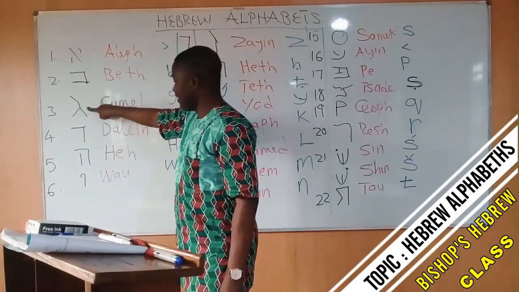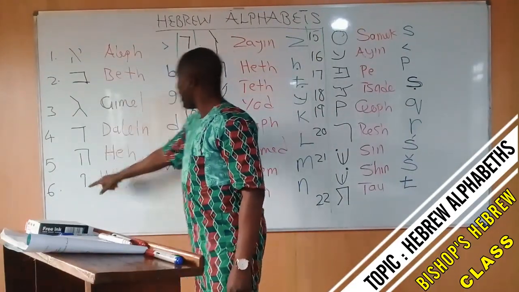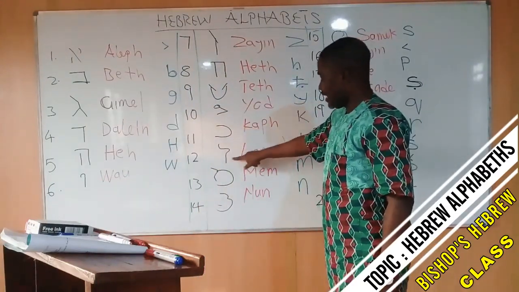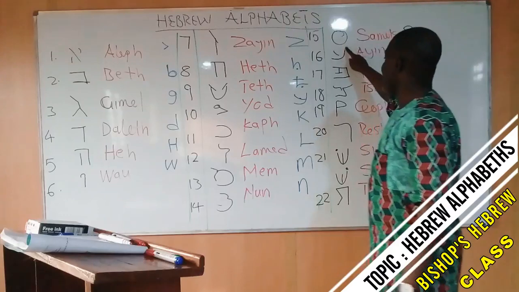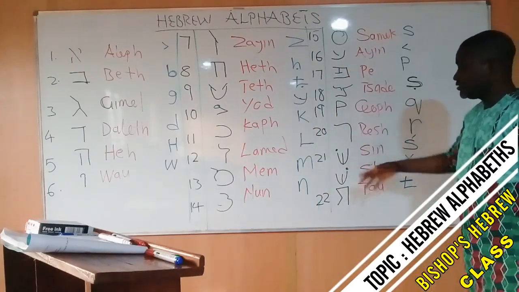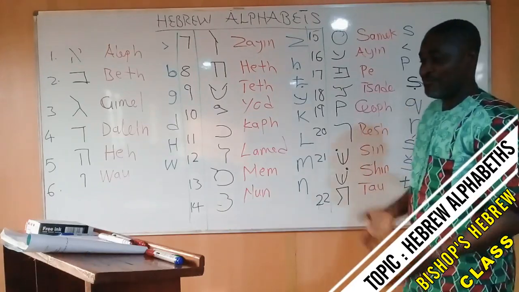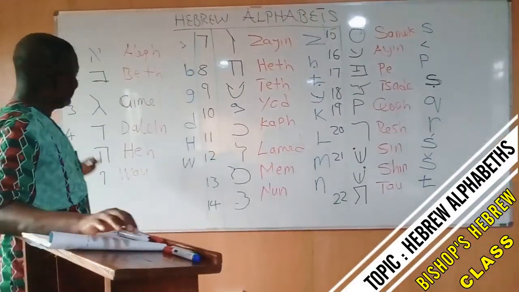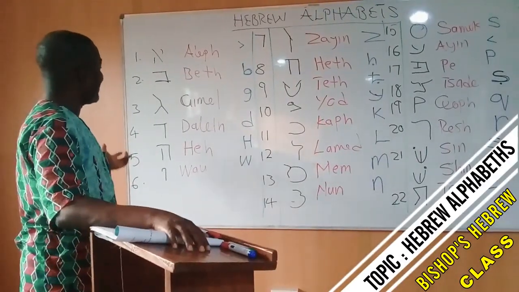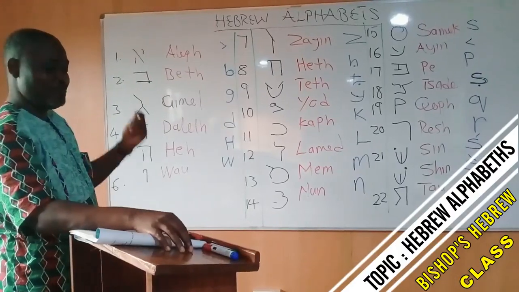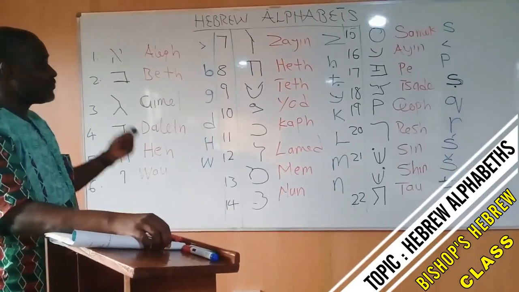Aleph, Bet, Gimel, Dalet, A, Waw, Zayin, Et, Tet, Yod, Kaf, Lamed, Mem, Nun, Samek, Ayin, Pe, Sade, Kof, Resh, Shin, Tau. Aleph, Bet, Gimel, Dalet, A, Waw, Zayin, Et, Tet, Yod, Kaf, Lamed, Mem, Nun, Samek, Ayin, Pe, Sade, Kof, Resh,